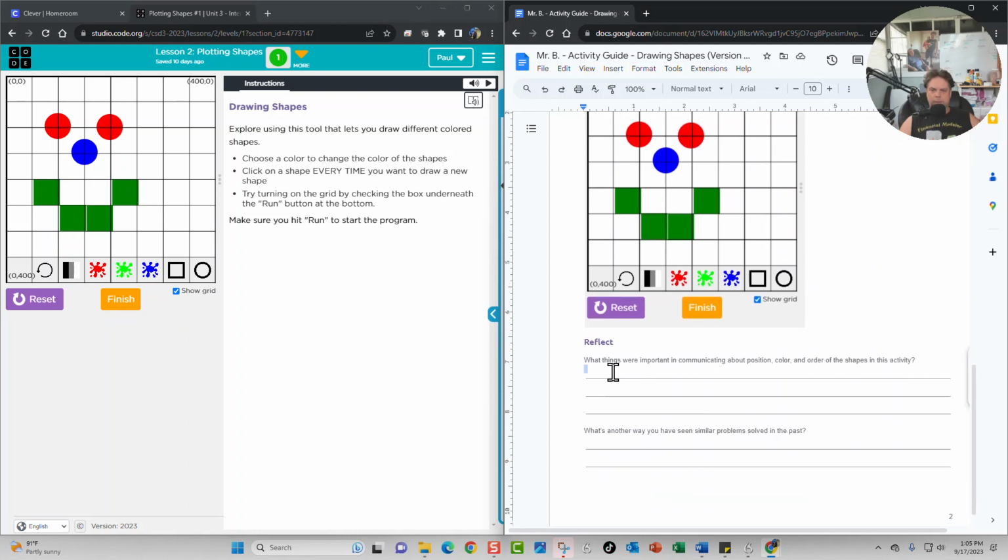Then underneath, we're going to go ahead and answer these two reflection questions. So for this reflection question, the first one says, what things are more important in communicating about position, color, and order of the shapes in this activity? So what things were important in communicating about the position? Well, it was important. One thing important